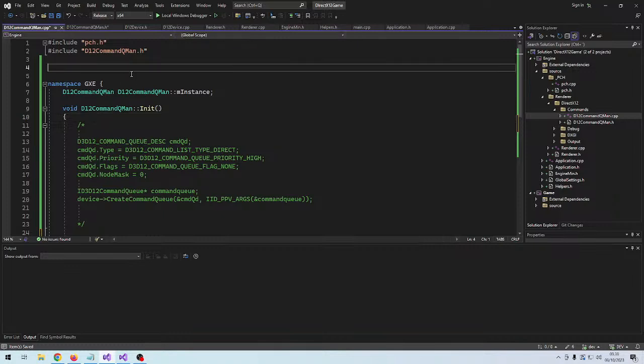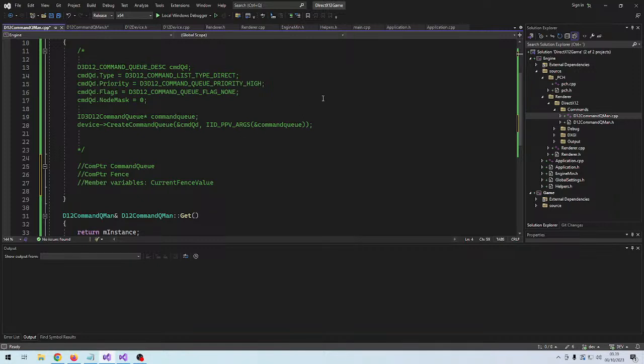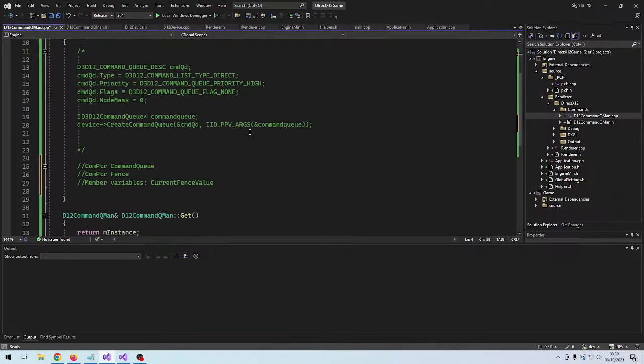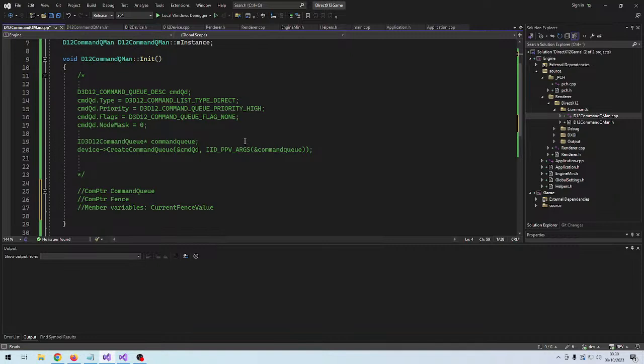Remember that we could always do implementations of the direct, the copy, and the compute command queue types. We will just be keeping it simple for now. Of course, if you get a more complex application, you would have to make sure that you have different synchronization methods, and that you have some logic that handles whatever needs to be computed for a certain frame or something like that. But for now we just create an interface that allows us to partly initialize our